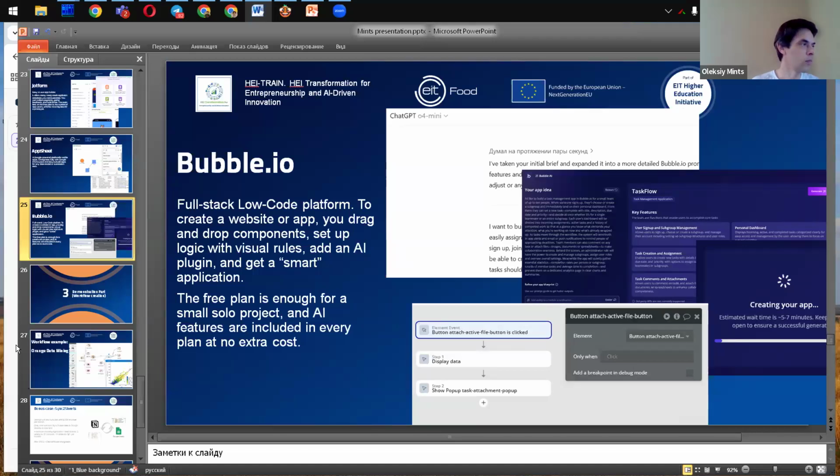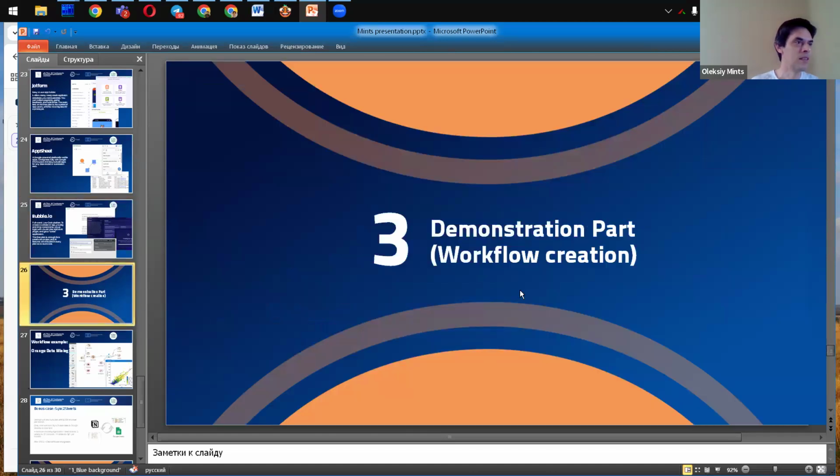So, next slide. Next slide. We have not much time left. And in the next section, I'd like to demonstrate what a workflow is and how to create a workflow with low-code tools.